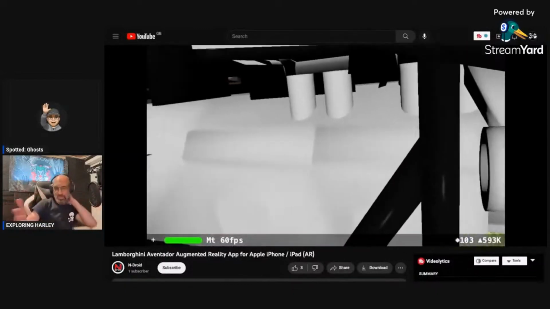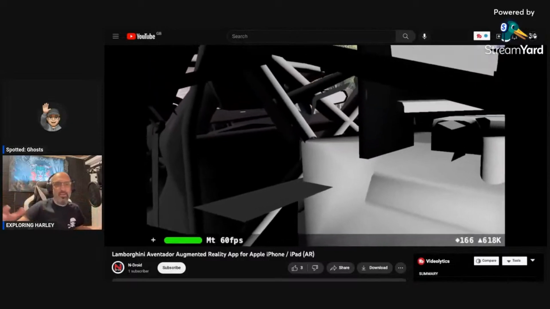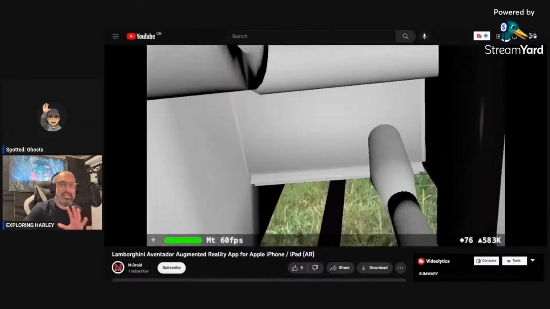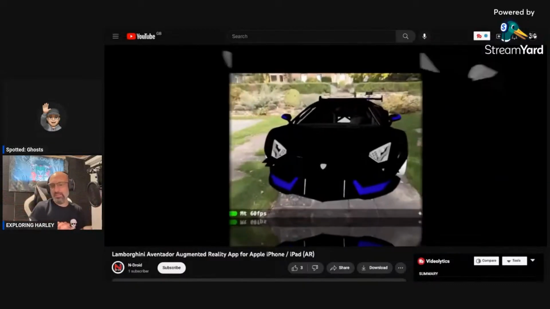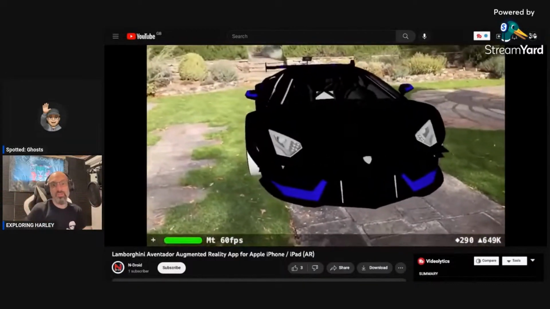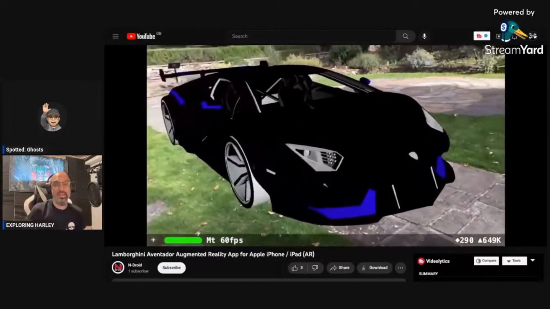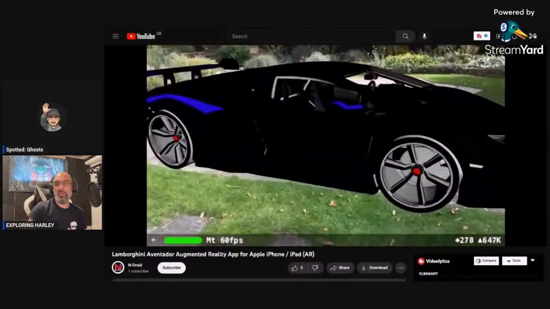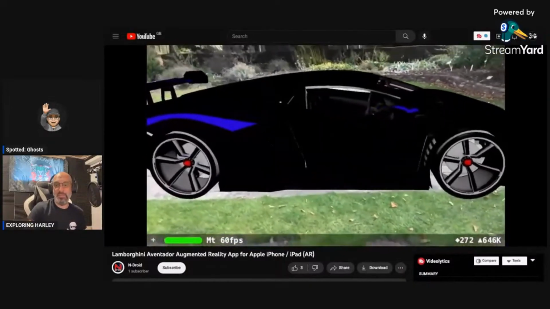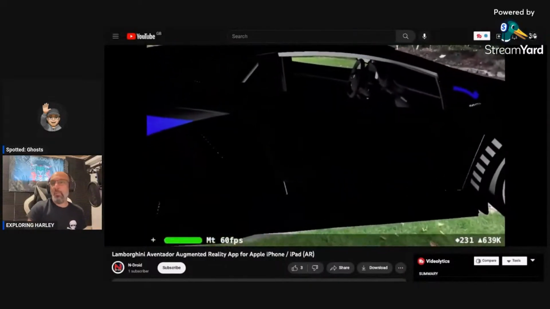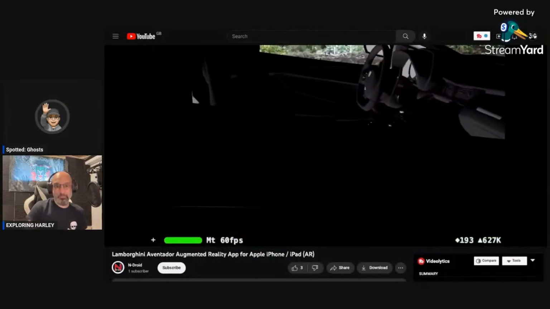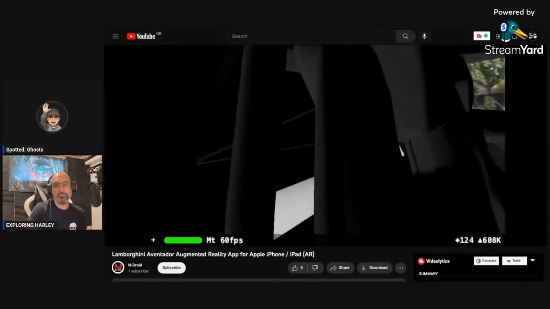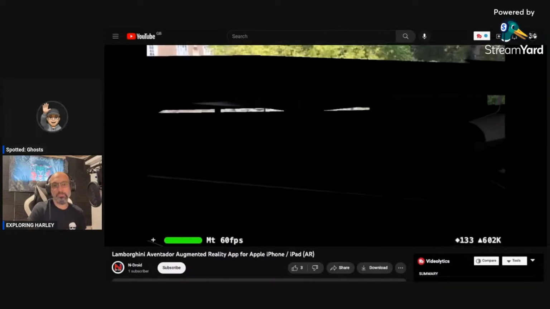Can you imagine, the guy already knows how to work out those complicated calculations. Just look at that. It's like making a car appear out of nowhere, just having it on your app. You could walk around it. It wasn't there in real life, but on your phone it is, and you can walk around it, get inside, and it's great fun.